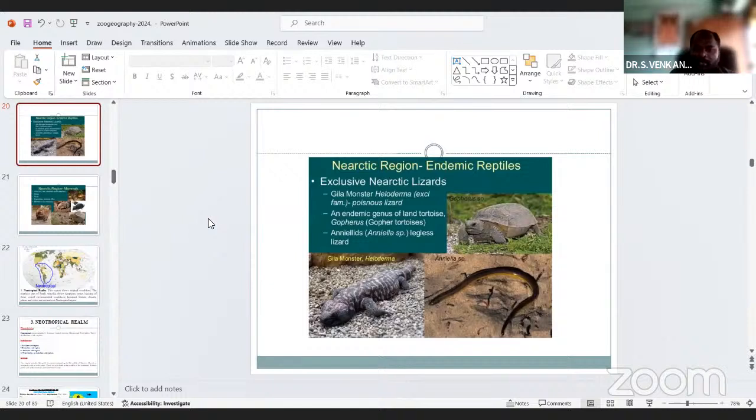So next one, Nearctic region endemic reptiles.